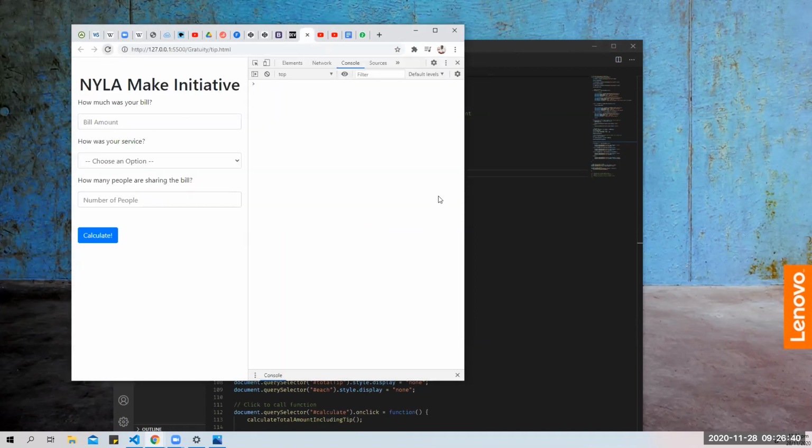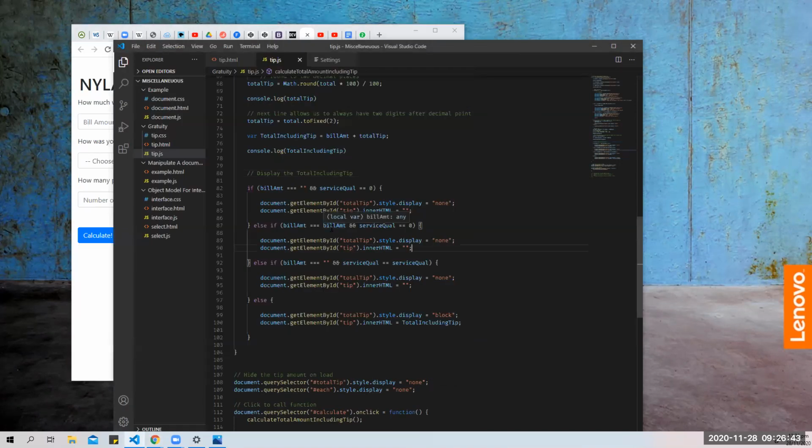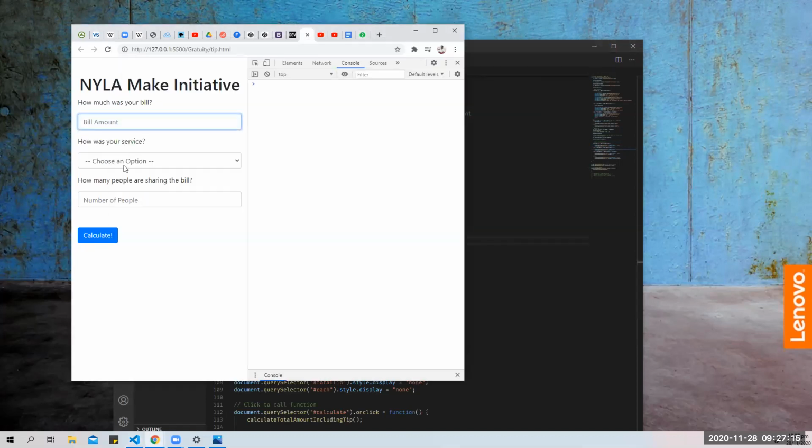So what this is basically saying is that if the bill amount is zero and the service quality is zero, right? Empty and zero, it doesn't display anything. If they enter the bill amount but no service quality, which is the tip, a percentage of the bill amount, don't display anything. If they don't enter the bill amount but enter the service quality, don't display anything. And else, which is the last scenario where they enter both, you would display the total including the tip. So bam, bam,